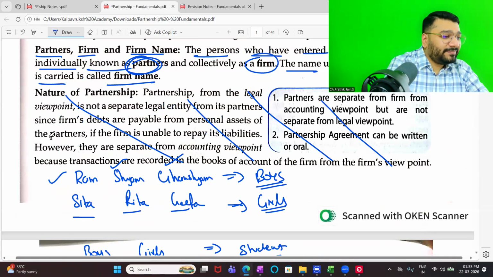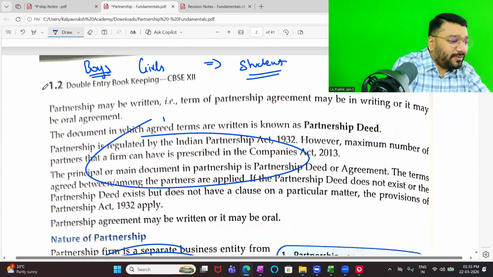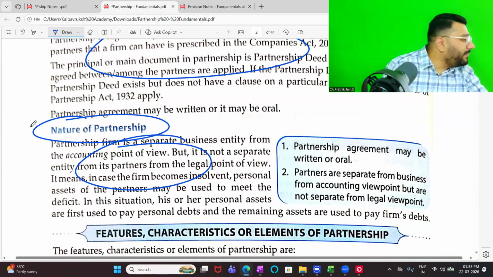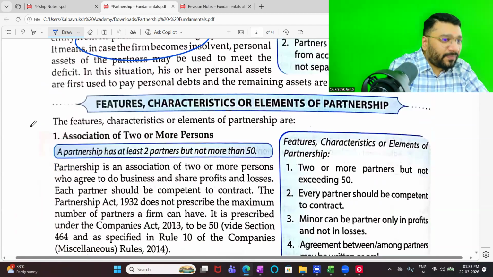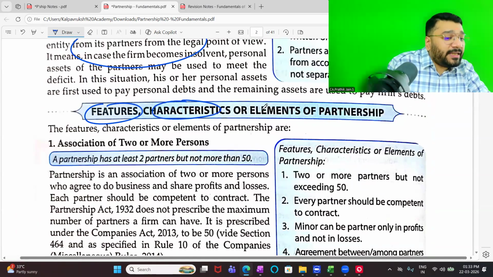Look at this. Nature of partnership is explained here, and one more time they've explained it here also. So we will not do it twice. We'll do it one single time, in my way. So keep this pending. Now we'll go to the next point, which is called features, characteristics, or elements of